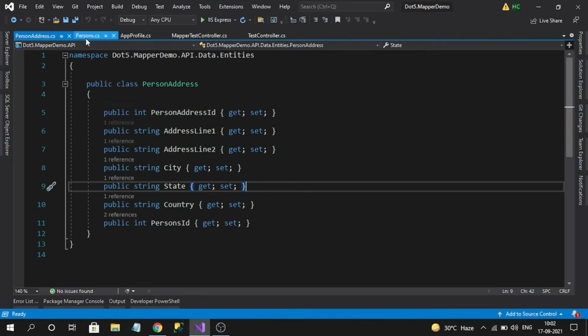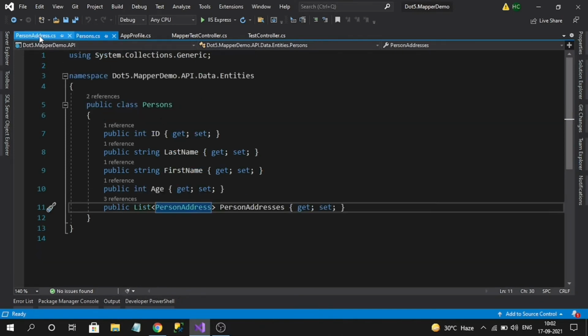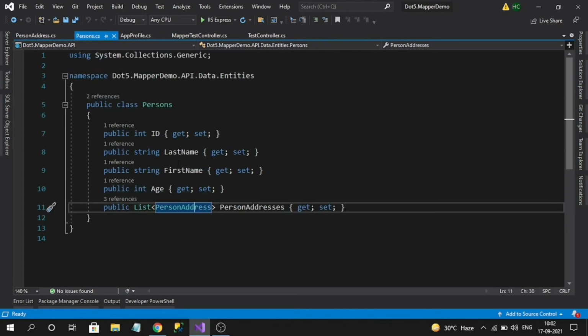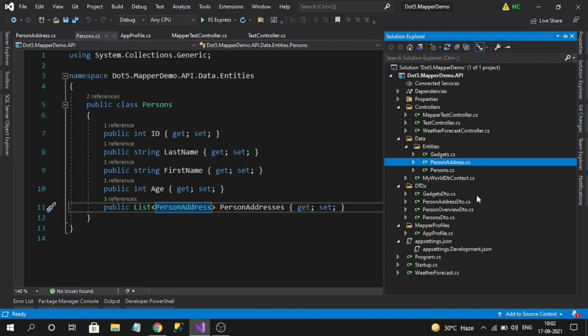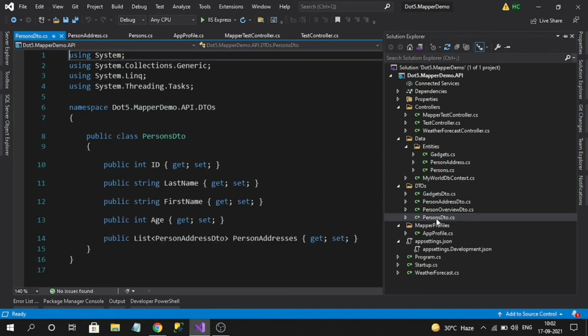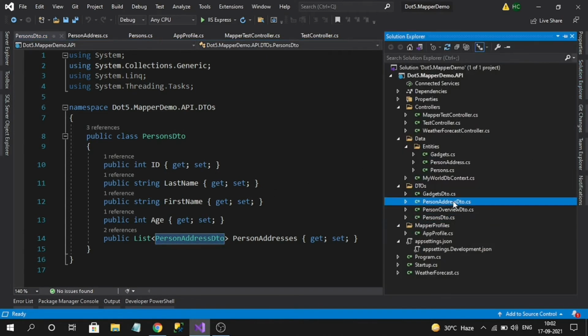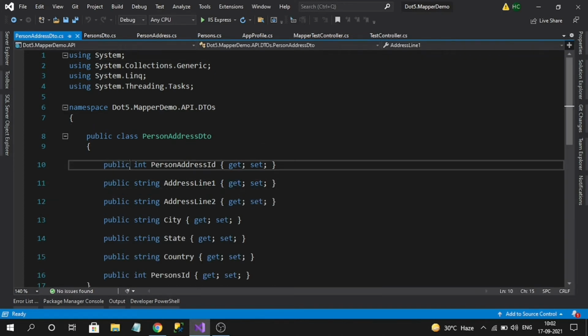These are two tables in my database, person and person addresses, where person is the parent and person address is the child. While I am retrieving person, I will also get the person addresses data. So how do we map them? For that, I have created DTOs like person DTO, which will have person address DTO as a child class, similar to our table classes. These are my classes.